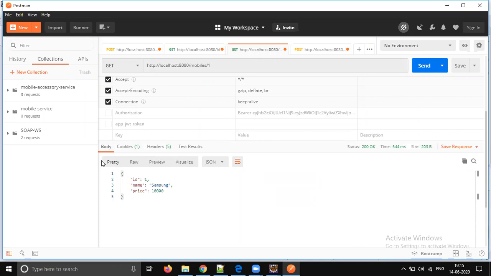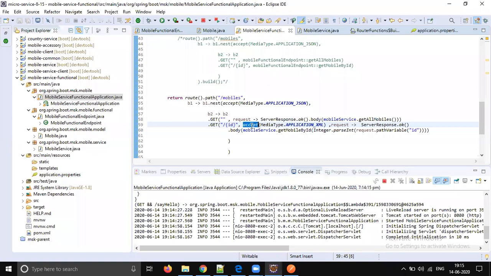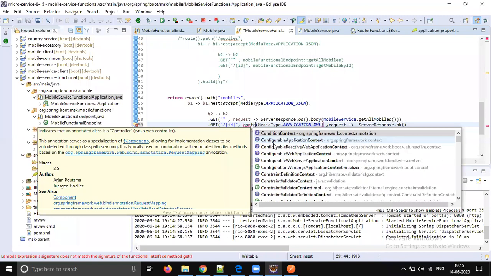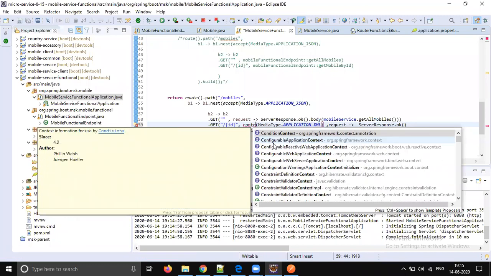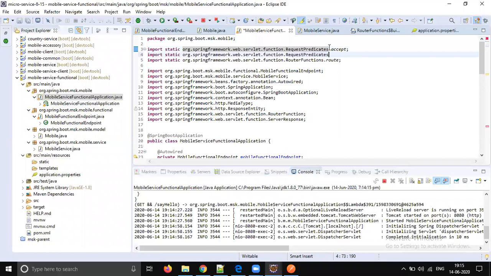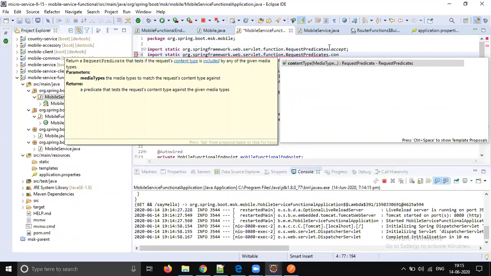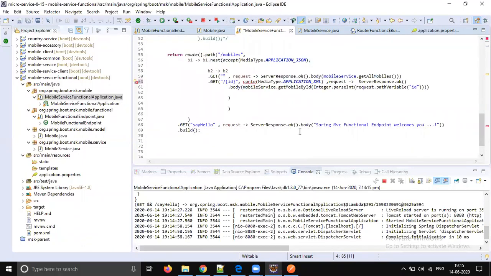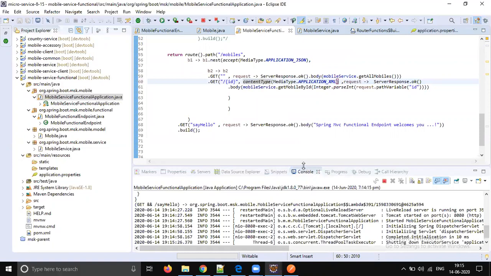Okay, so I think it's content type we need to send. Okay, import content type we need to do. It's the starting input, right? So let's try the content type. In the bottom, just say content type. Hold for a moment.